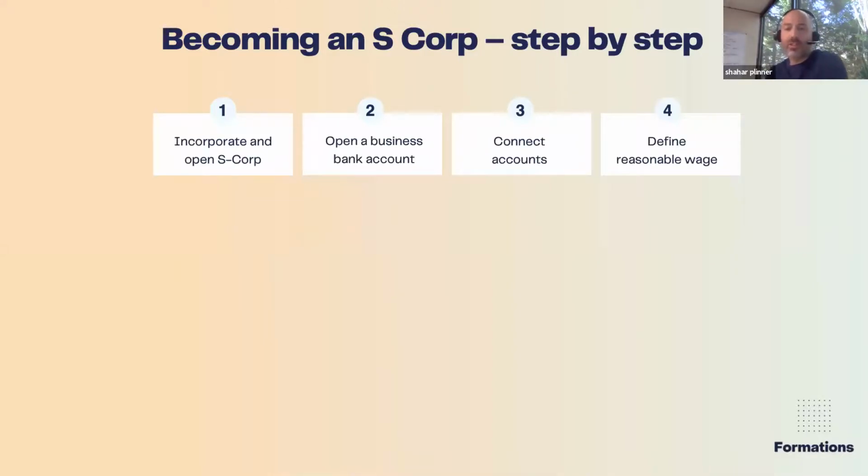So going back to how you make yourself an S Corporation, I think we want to spend a couple of minutes just to review how simple this is, step by step. We already know that Xero is the function for number 3, but just before we go into number 3, when we connect all of your accounts, the incorporation process of opening an S Corporation is pretty simple. Registration in the state where you reside, getting the articles of incorporation, getting the EIN number from the IRS, and just do one simple form, 2553, that can be faxed to the IRS.